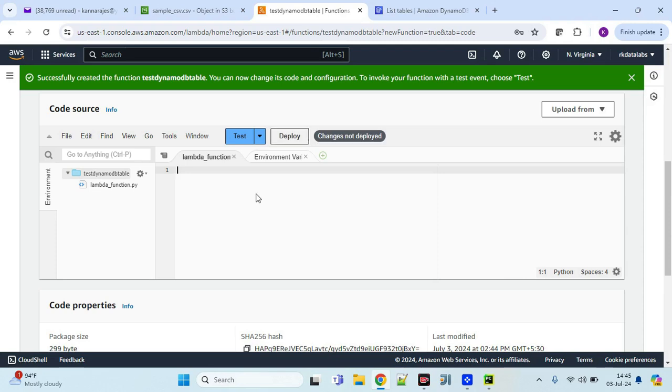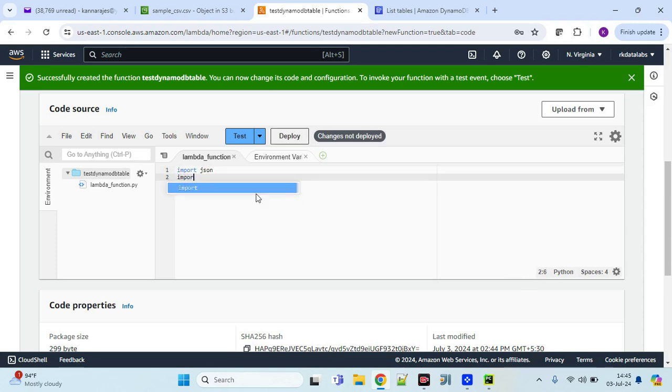Let me simply delete it, and then as usual we are going to import some packages from the Python side. Of course we will import json and boto3. Boto3 is a client that connects Python with the AWS SDK, right? So now we are going to establish a client here as usual. It's just like connecting to other AWS services. So we need boto3 dot